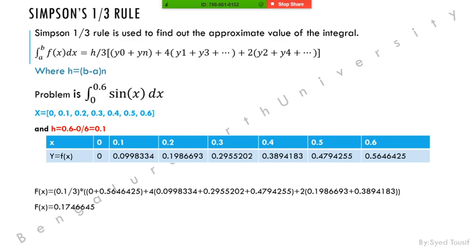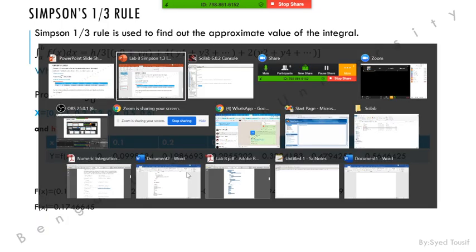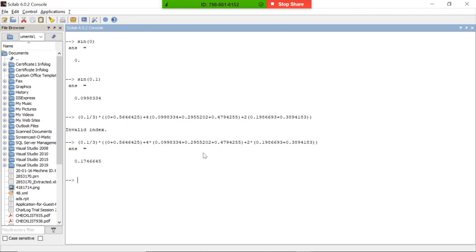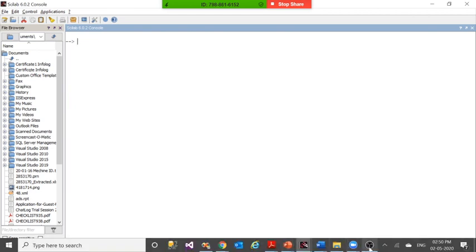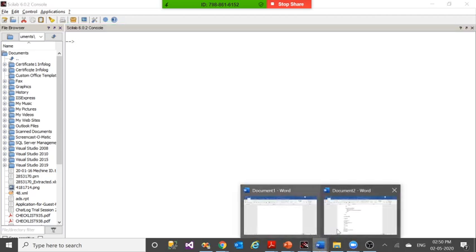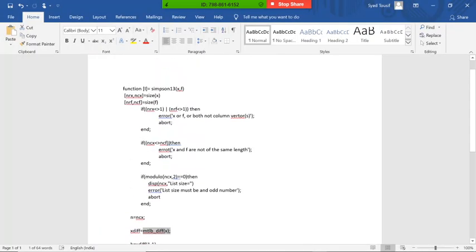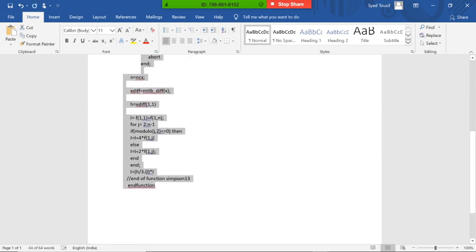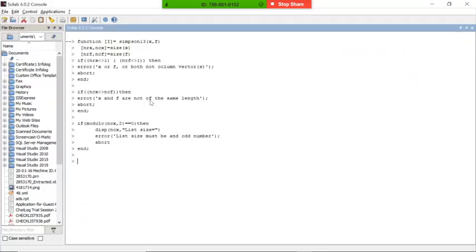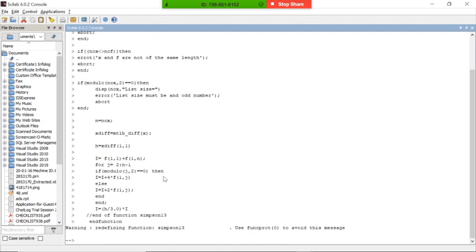So now we'll quickly check out the program, how it will work. First I would like to see our formula, our program is this one. I'm just copying and pasting, but remember guys, you have to write each and every line yourself.